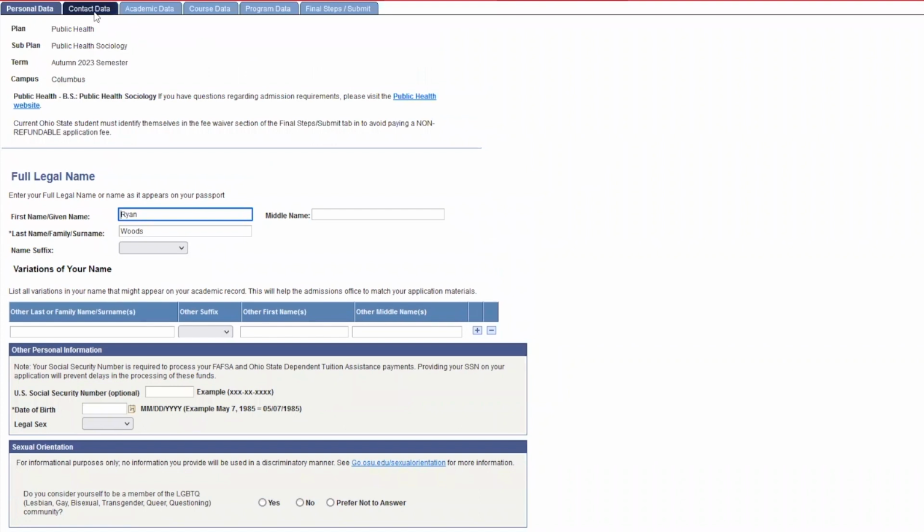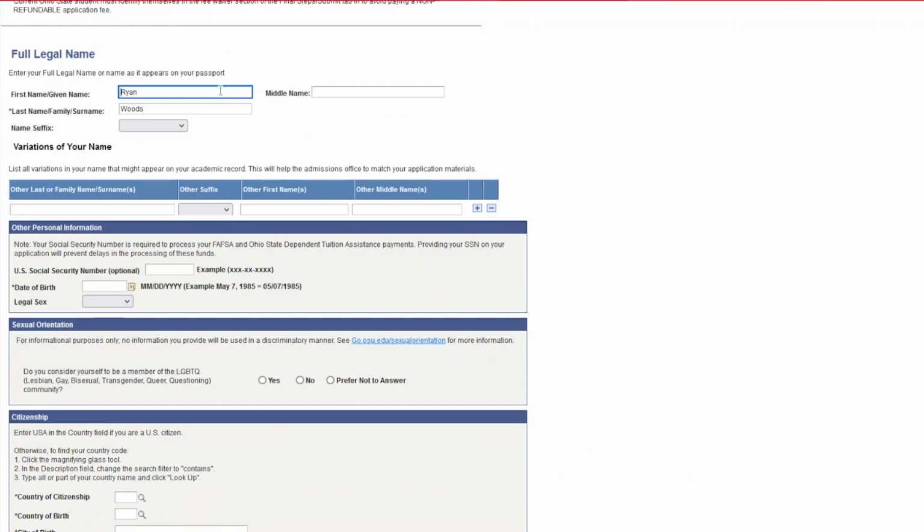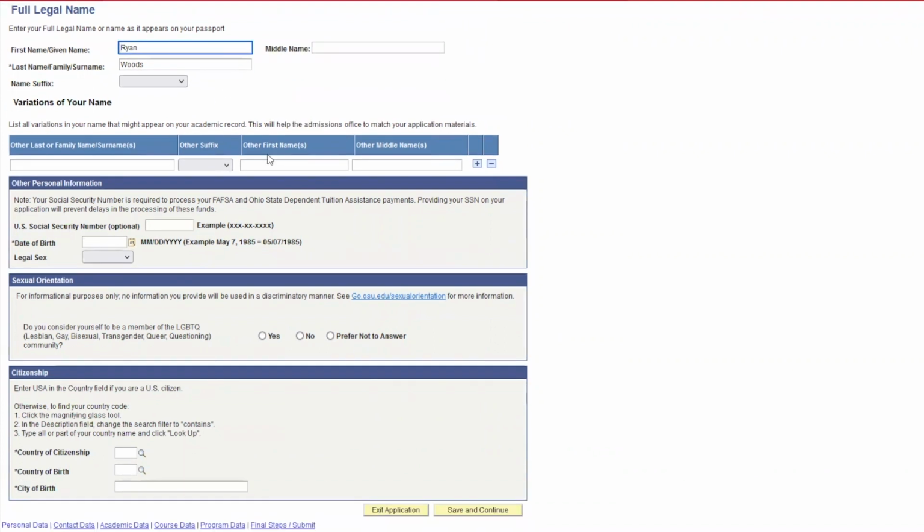So with the application, the first tab is personal data. You would just fill out some basic information here. I put in an alias name, and you would also put in information about optional things like social security number, date of birth is required, and entering other information about yourself. One thing I will mention as well as we go through this, when in doubt about the format of how you need to enter something, the application helps you out and adds links or buttons right next to the text box.